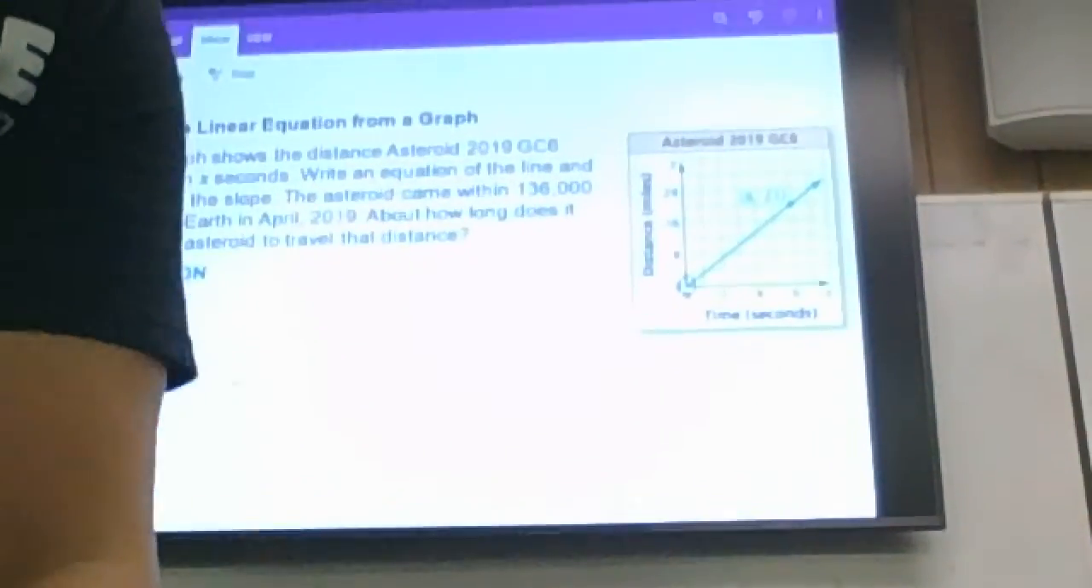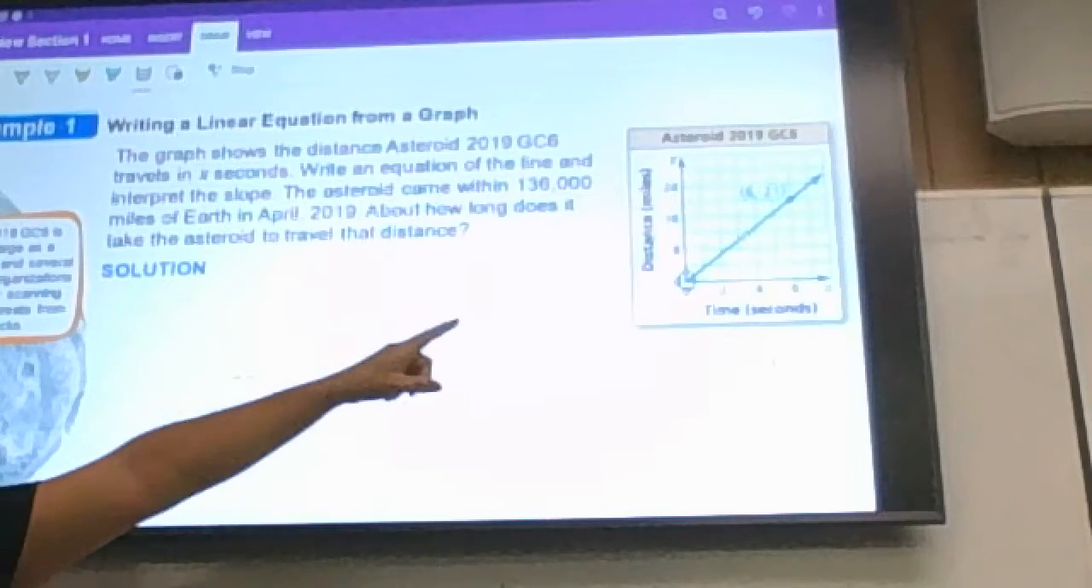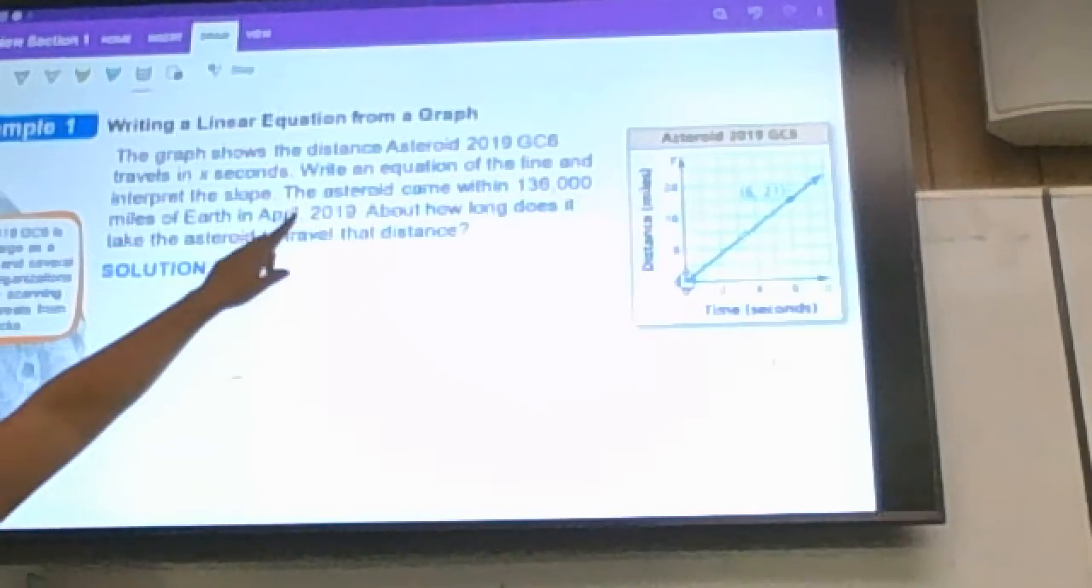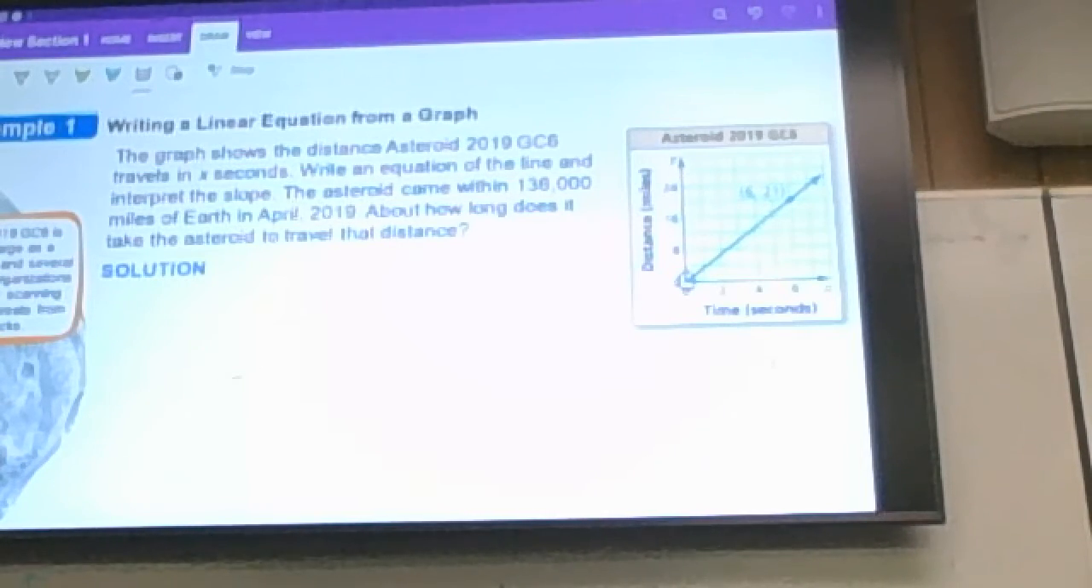Okay. All right, this is a real asteroid. 2019 GC6 is about as large as a house. NASA and several international organizations are constantly scanning our skies for threats from space rocks. This shows how fast the asteroid moves. In 2019, in April, it was 136,000 miles from hitting Earth. Did anybody see that movie that came out about the asteroid? I know. It was rated R, so I can't recommend it, but it talks about this, like if an asteroid